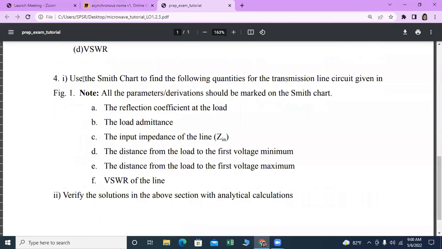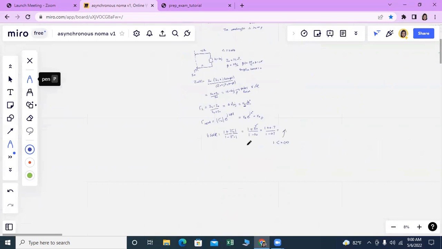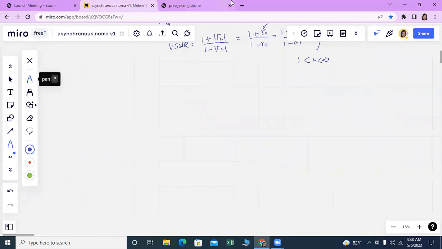And then the next question is about using the Smith chart. So the Smith chart, you can actually download